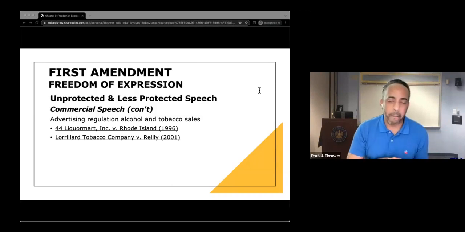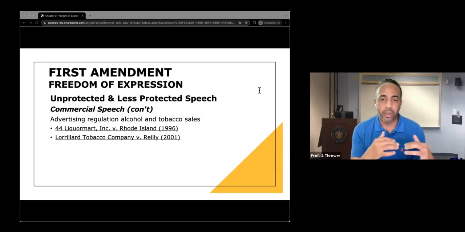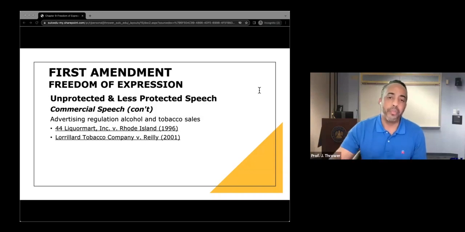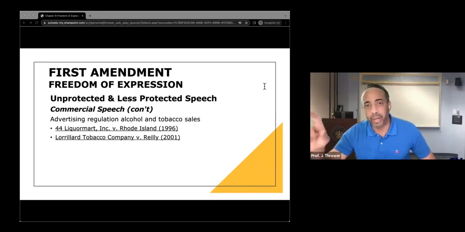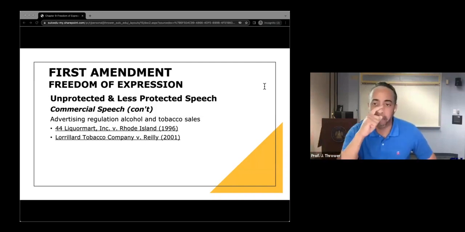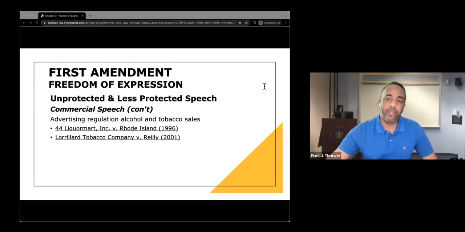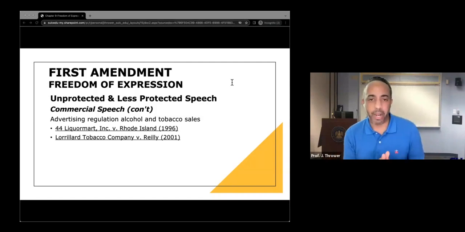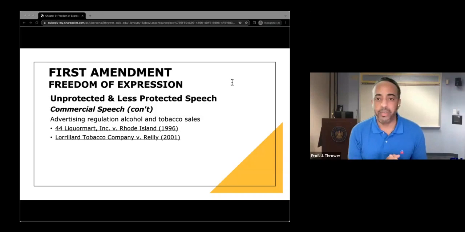The court also talked about the smokeless tobacco piece of this regulation. And they noted that if the government is really trying to reduce children from smoking, the government had not in that particular case shown that children who smoke also chew tobacco. So that was another issue that the court had. If they really were trying to reduce children from smoking, then this particular approach regarding smokeless tobacco was not the least restrictive means to further the interest, right?